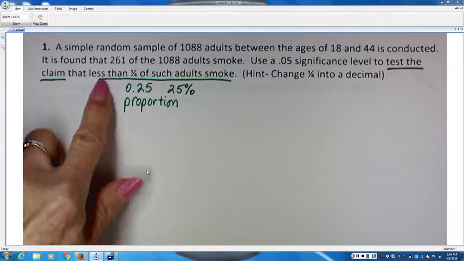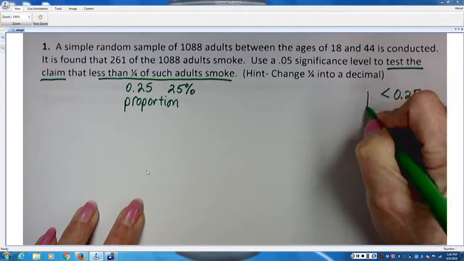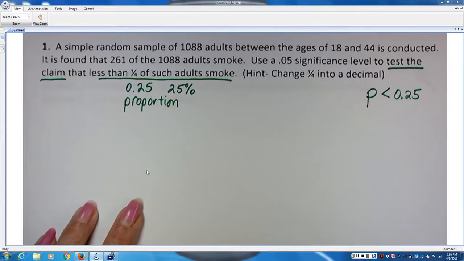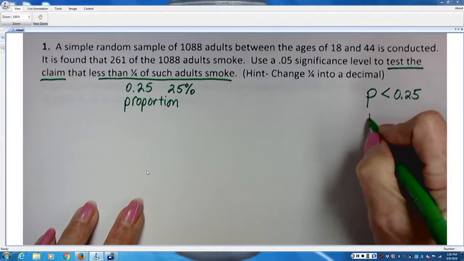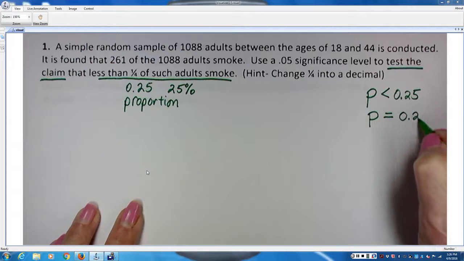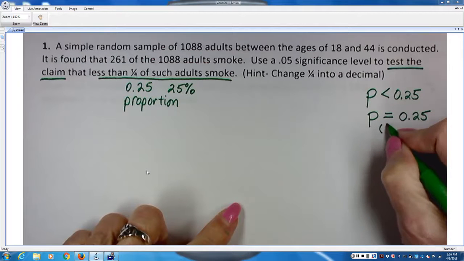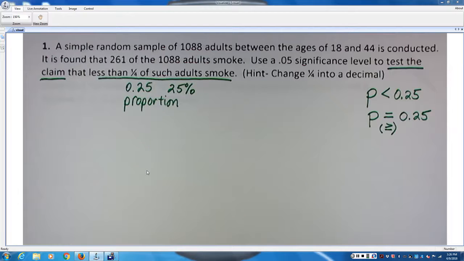So the claim is that less than 0.25 is the appropriate proportion, p, for the population. If that claim is not true, then what would be true is that the proportion is either equal to or greater than 0.25. Now, you don't have to have the greater than, you can, but the thing you're looking for is that it would be equal to. And equal to or greater than contains that equals. So then your next step from there is to decide which of those two is H0 and which one is H1. The thing you need to remember is that H0 always contains an equality and